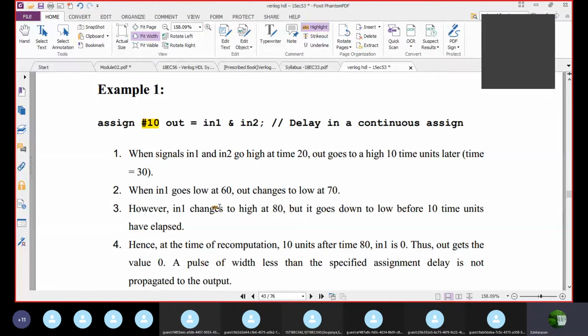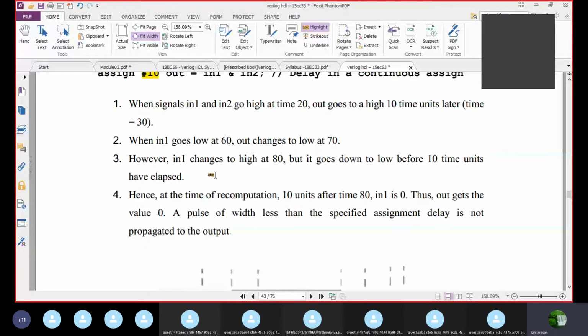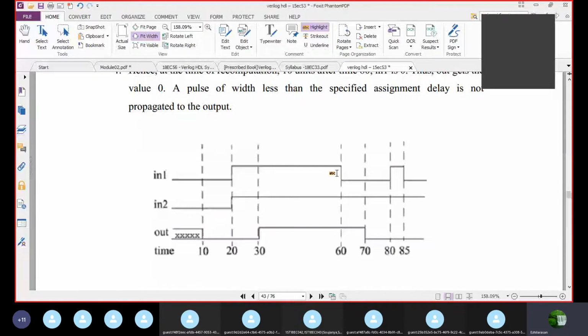In simpler terms, if you consider zero delay, then if I have not specified #10, I will get the output at zero delay itself, because I have not specified any delay. But if you specify some delay here, then the output will be produced only after this amount of time, not earlier. Very important. In this example with in1 and in2, say at time 0 to 10.